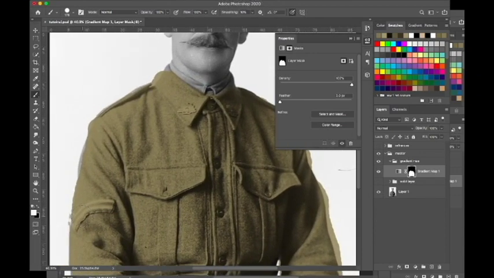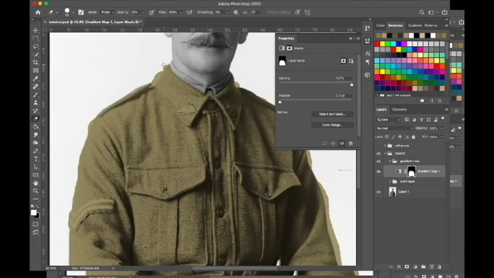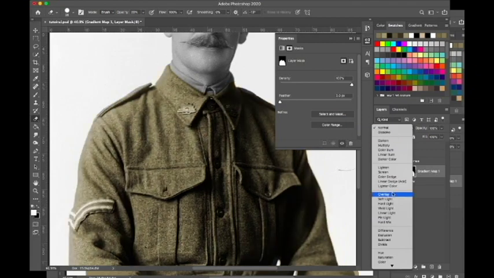Alrighty, now we can just get our eraser and then just start erasing. Actually, what we can do is change our